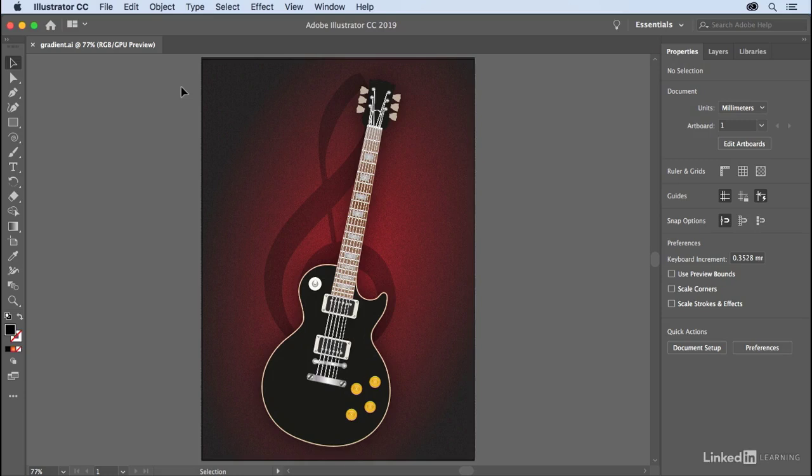Do you love working with gradients? Me too. We should hang out more. And I think you're really going to love what's in store in this particular chapter because there's some major shaking